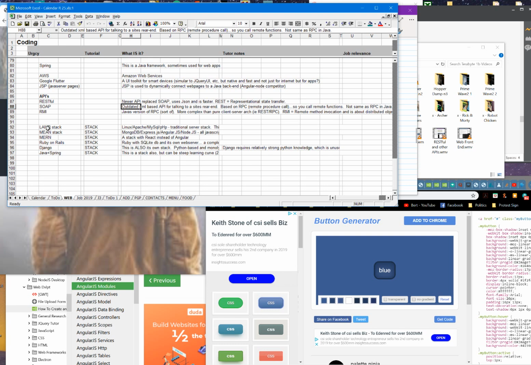There are basically two fundamental stacks out there. One is the LAMP stack, and the other is the MEAN stack. Now, LAMP stack means Linux, Angular, Mongo, or not Mongo,